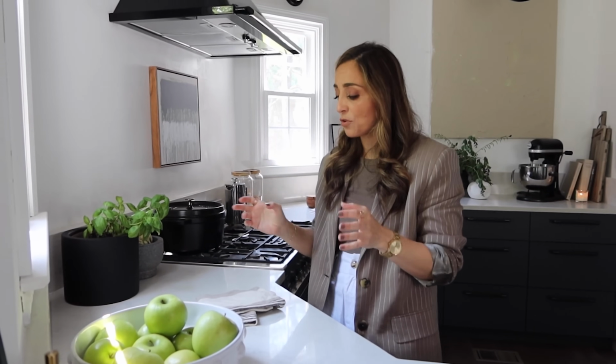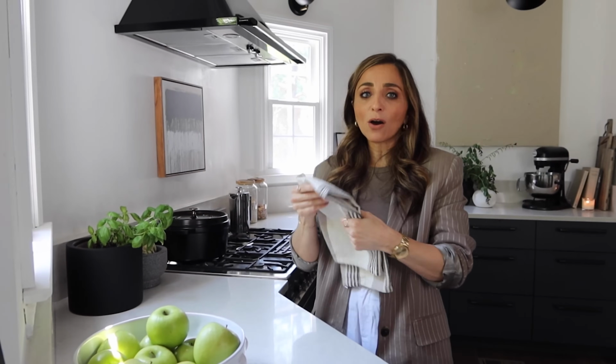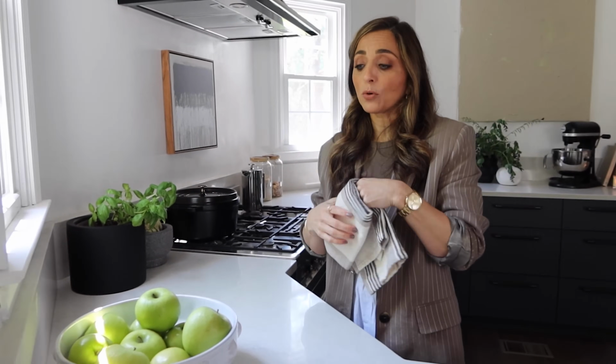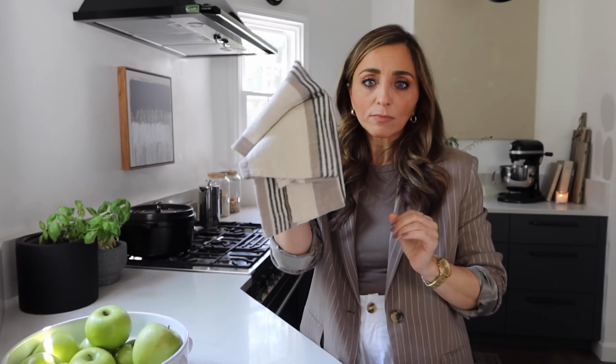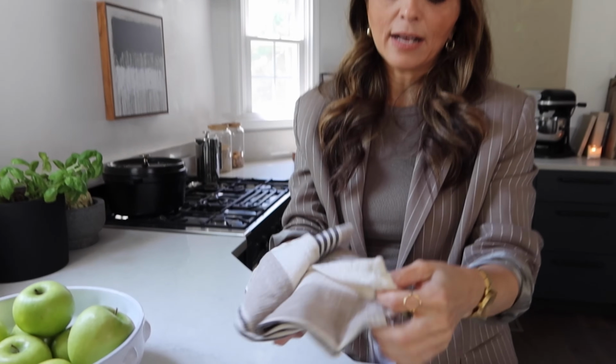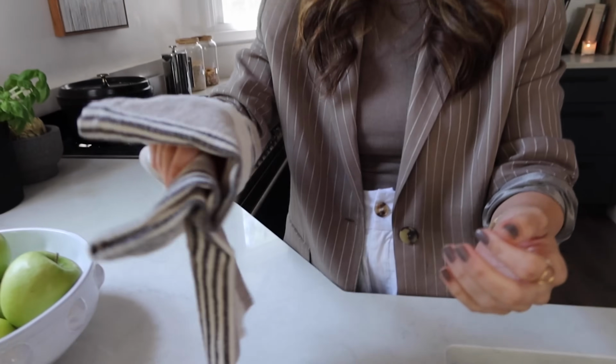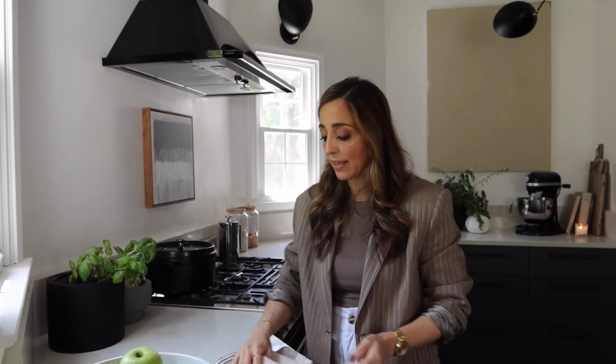I think that your kitchen should be a space that you actually live in and you use and you enjoy. These towels, they get used. They're real. They're really durable. This is from Amazon as well. They have a set of 3 and I just love them. They have the little hooks on them if you want to hang them by the hooks. A lot of times I just have them laying out because, again, when I'm styling a kitchen, I like it to feel...